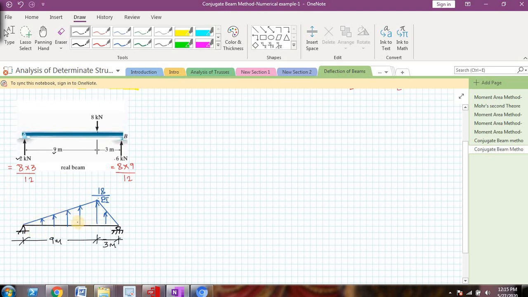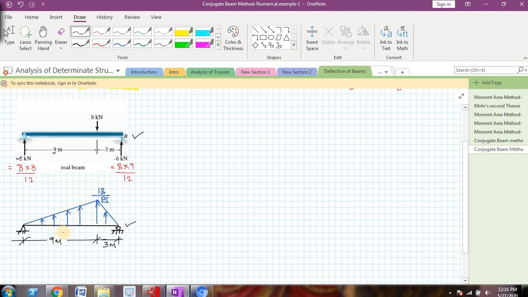So how I have drawn this conjugate beam is, I have drawn the same length as that of the real beam, same supports as that of the real beam, and for that you can refer to my previous video to see how the supports should be for a real beam and the corresponding conjugate beam. And the loading on the conjugate beam will be nothing but the M by EI diagram of the real beam. Now this is our real beam and this is our conjugate beam. Now we have to work out everything with this conjugate beam only to find our specific values on the real beam. This conjugate beam has some loading on it, and that loading is actually the M by EI diagram of the real beam.